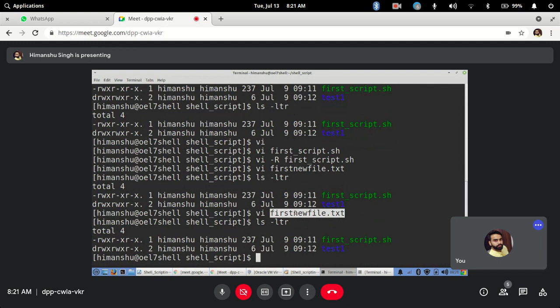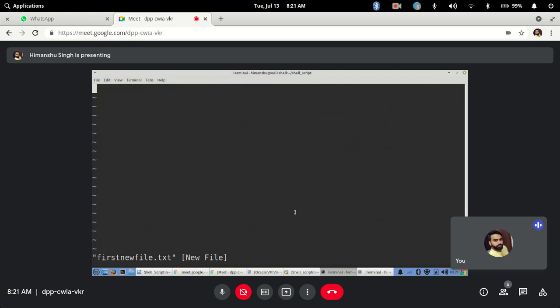Okay, now moving ahead, let's say I want to enter something, insert, and let's say I will enter hello, good morning. So it will work the same way as a normal notepad. I can hit enter and say it is the 8 AM shell scripting class. It will work the same way in insert mode. Whatever you want to use, backspace, delete, it will work the same way.